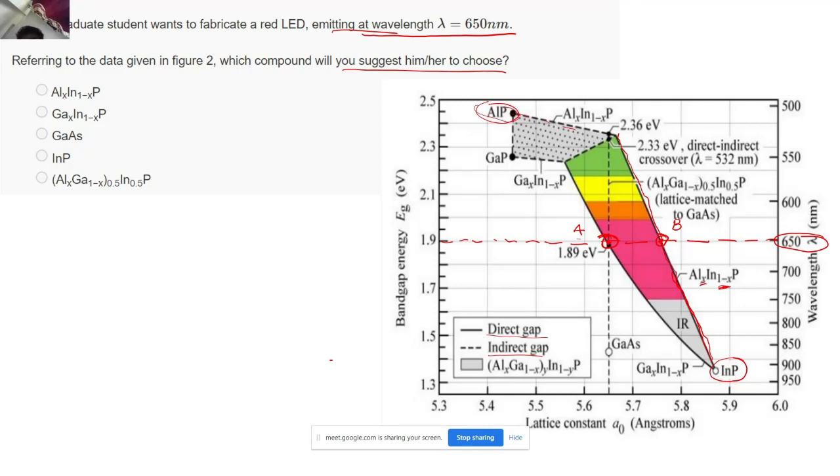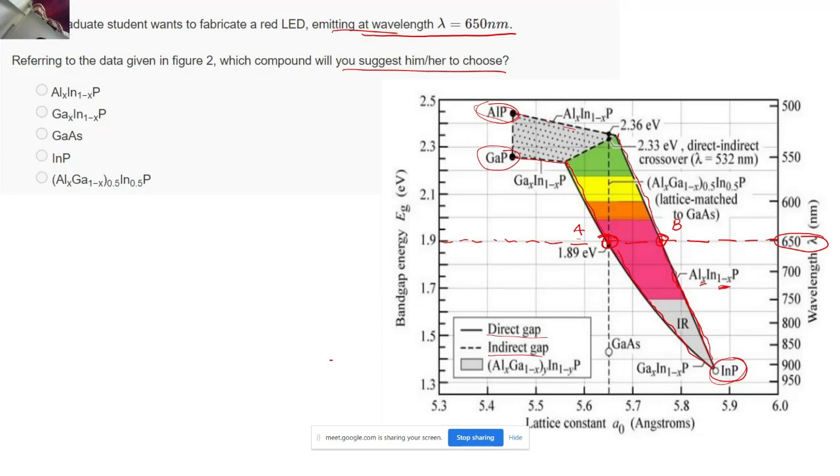Now similarly, if you want to dance between the indium phosphide and gallium phosphide over here, then again you are gonna move like this, right? You are gonna move, still the material is direct band gap, and now you want to go over here. Now this is the indirect band gap, right?